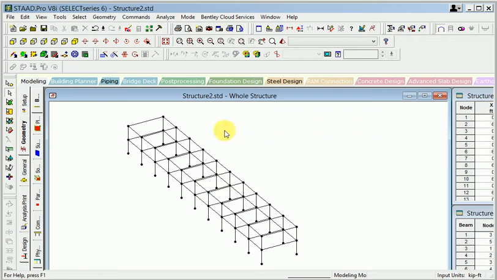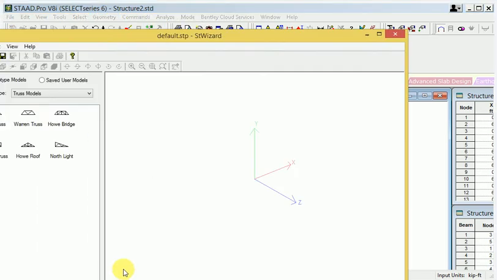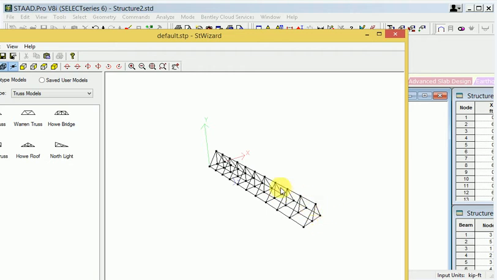When I use another geometry here and go to Structure Run Wizard, I will use the truss model. So this is the truss model. When I use the proof, double click, then the member is 6 mm and this 5 mm and 40, like this is 2 here and go to 10 distance. So see this is the member right now.